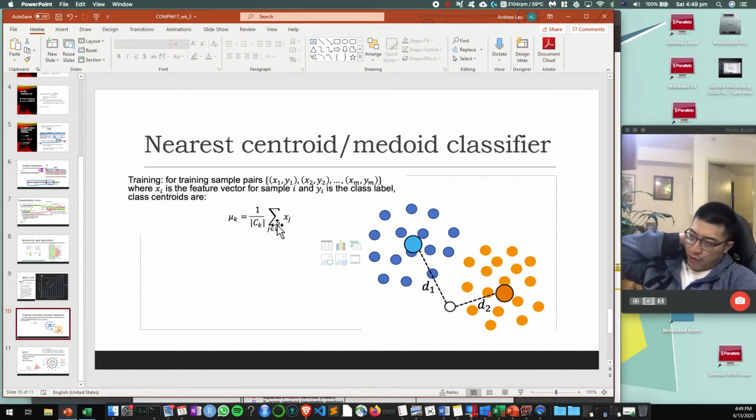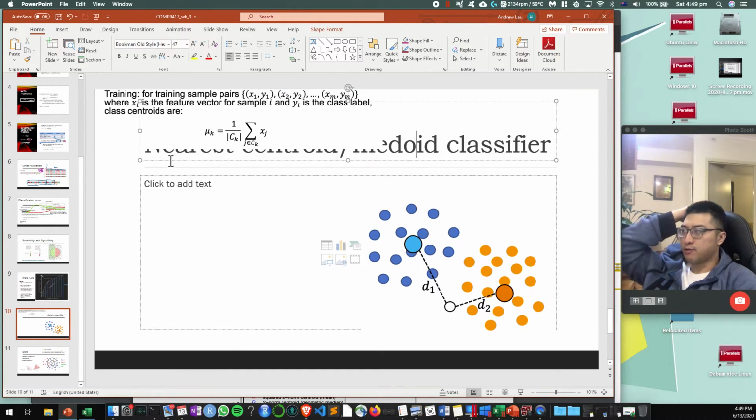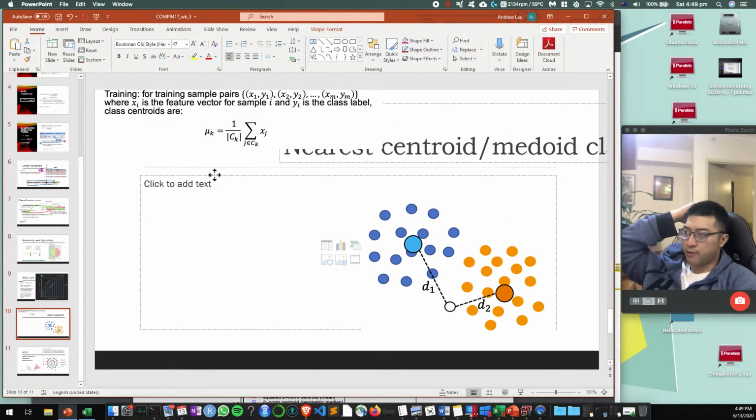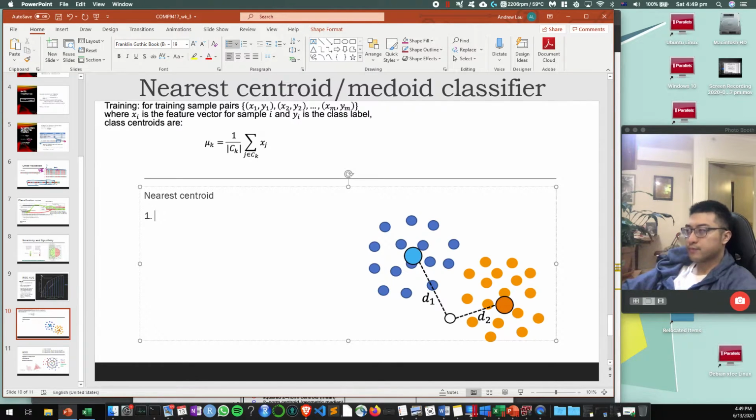So your nearest centroid classifier, you could ignore this formula if you want. Maybe it will confuse you a little. Let me just explain what it does. For your nearest centroid, you're going to basically, for each class, calculate the